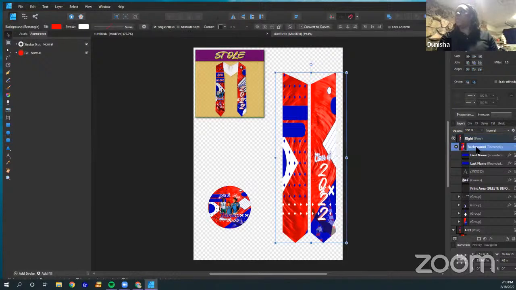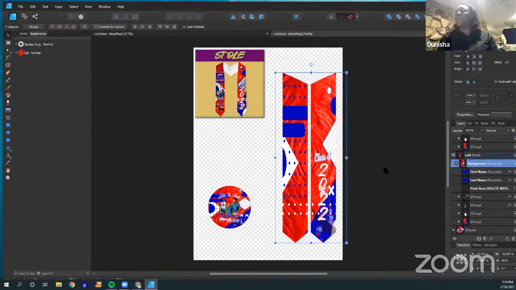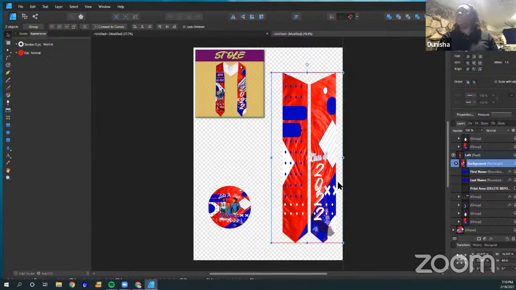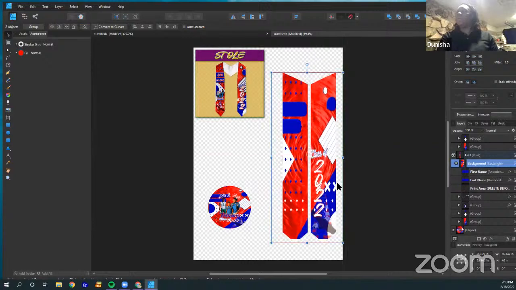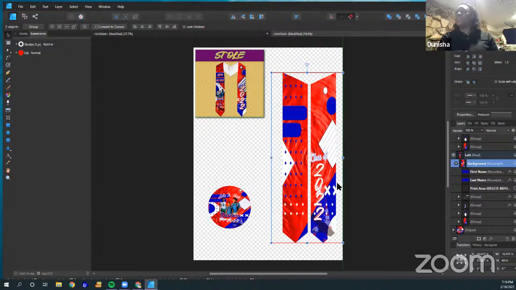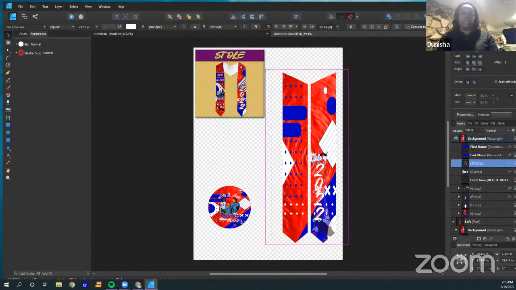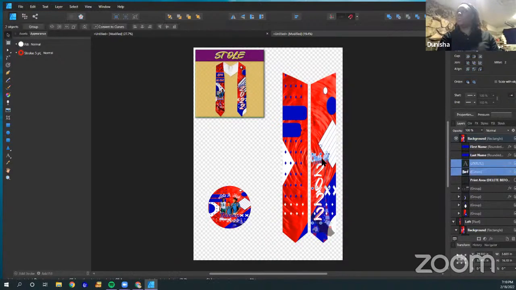So I'm gonna grab the background inside of the right side, and then I'm gonna hold control and grab the background in the left side because I want them both to move. Just so I can get more of it inside, more of that blue in there. And now I can move my words back over. All right, there we go.